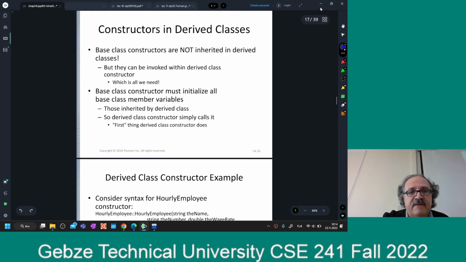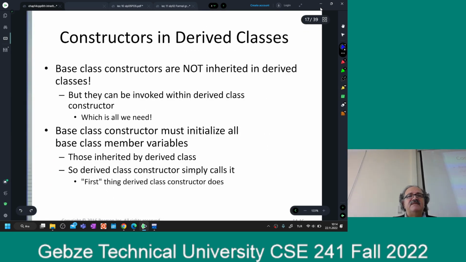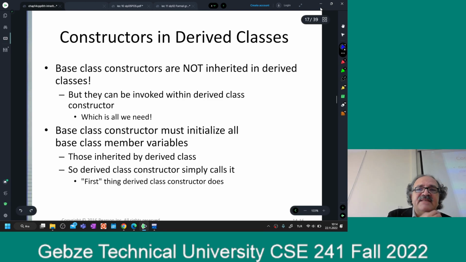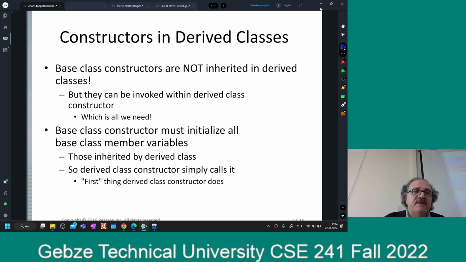Okay, good. So, the constructors in derived classes: this sentence is not correct. Base class constructors are not inherited in derived classes. No, they are inherited, but they don't become your constructors, right? They can be invoked within derived class constructors, which means I have access to it. Base class constructors must initialize all base class member variables, and since